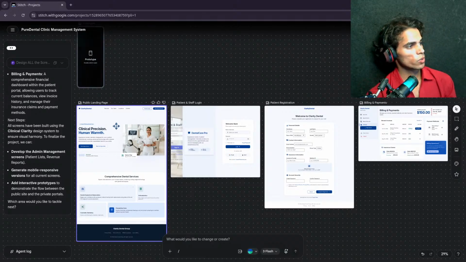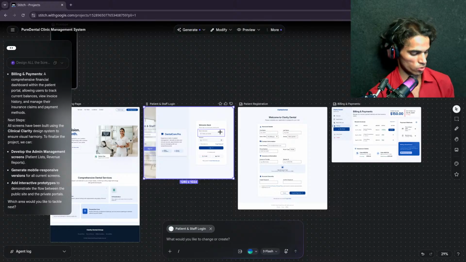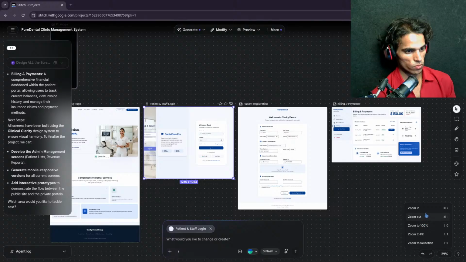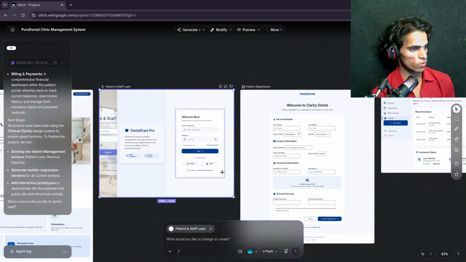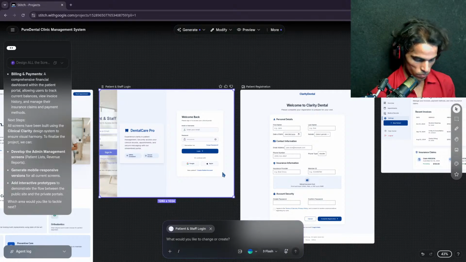Okay. So we have a public landing page, patient login, and staff login. Okay. So let's zoom in. Control plus. Right.